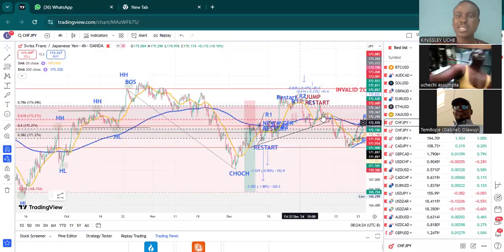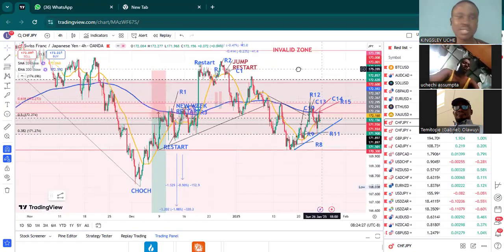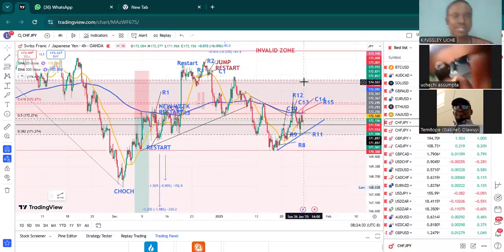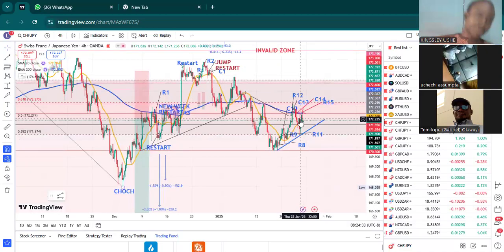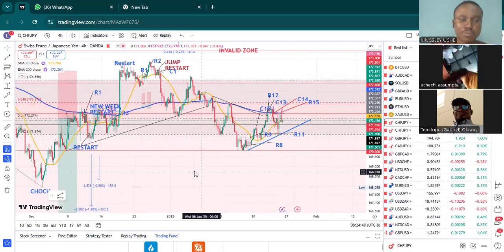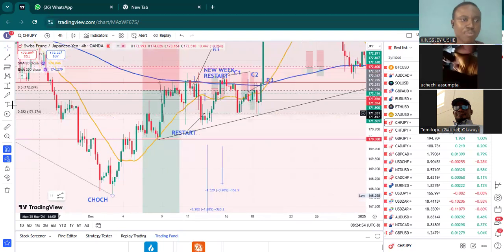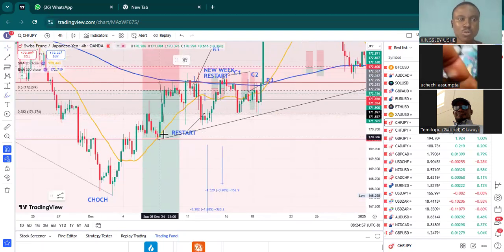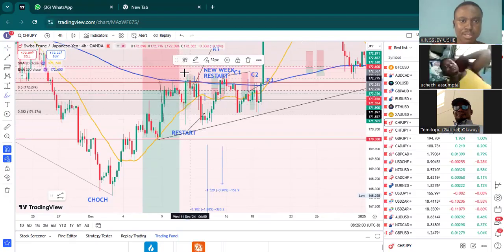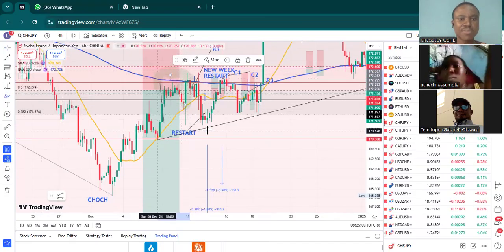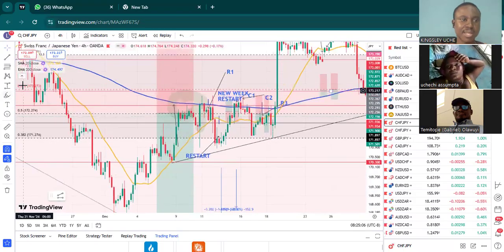Now, in this case, you can see I have a C1, C2, C3. That's the way I indicate where we have rejections and continuations. And also, to make you understand, right, now let me put it this way. On the CHF JPY, when we saw this happen, when we saw price move towards this area, which is the 0.5, 0.618 area,